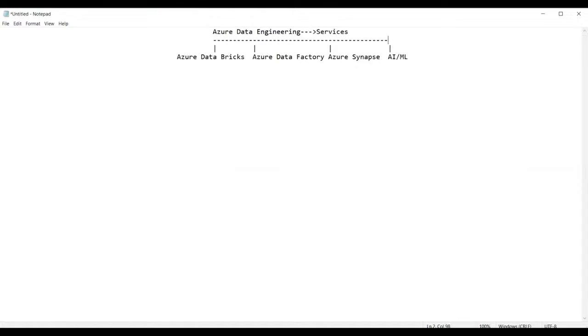That means all end-to-end solutions for the data. Data engineering means end-to-end solutions for the data. So now, guys, what is Azure Databricks used for, and what is the purpose of it? This service called Azure Databricks is provided by Microsoft to perform the job of ETL.